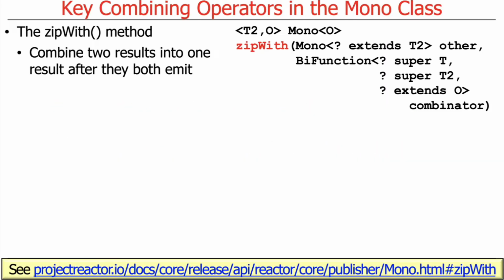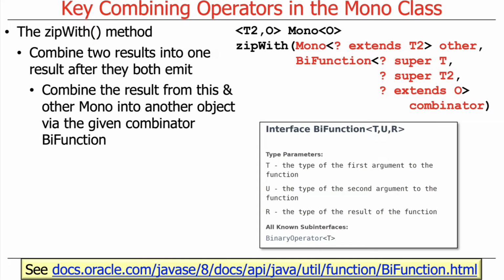So we'll talk about zipWith first. What zipWith does is it takes two results and combines them into one result after both of the previous Monos emit. And the parameters are kind of interesting. You can see here that they have this thing that's called other. And as we'll see, other is the second Mono. The first Mono is the one that you call this method on, right? So you say like,